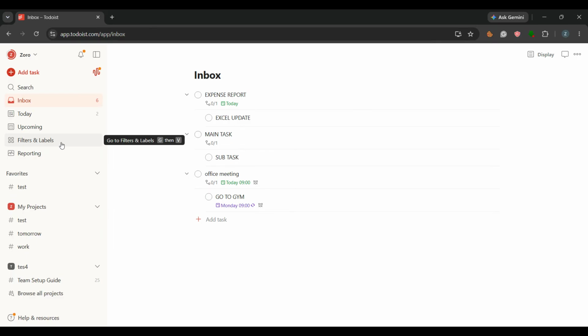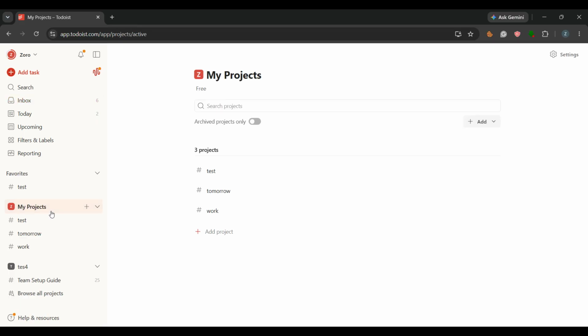At the top of your project section, look for the My Projects header. This is the key part of the sidebar that organizes your project structure. Click on My Projects once, and Todoist will load a dedicated dashboard. On this screen, you'll be able to see every single folder or project you own displayed in one place. The layout makes it much easier to compare them side by side without constantly expanding and collapsing folders in the